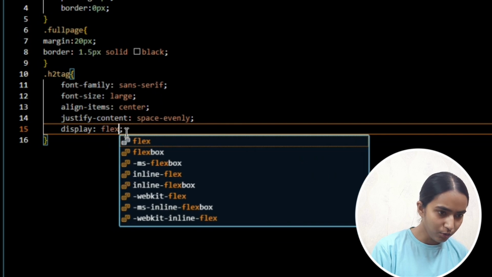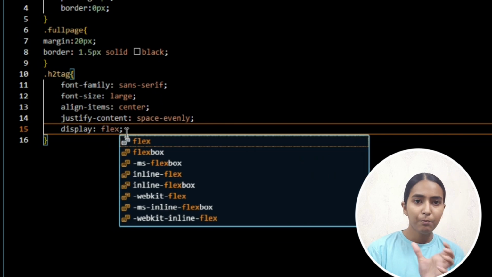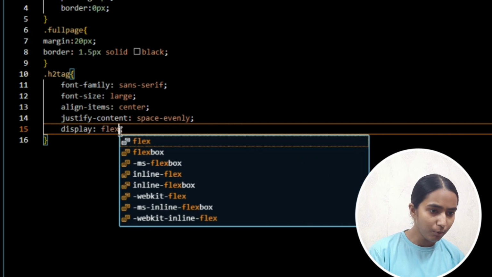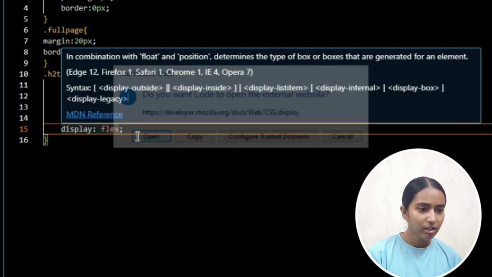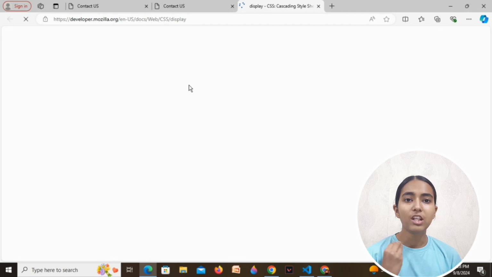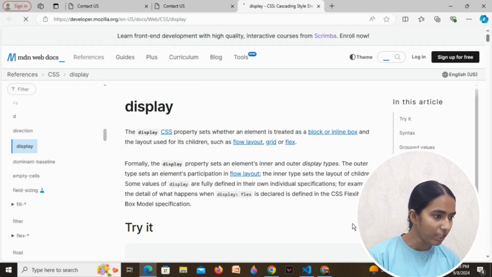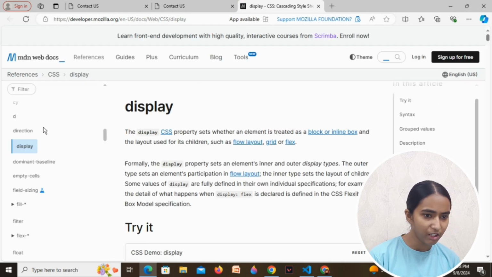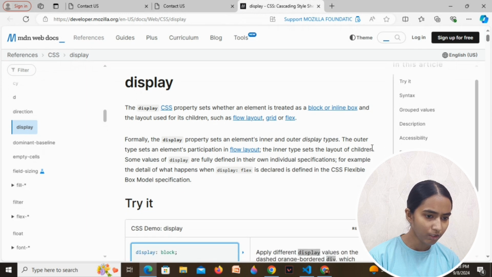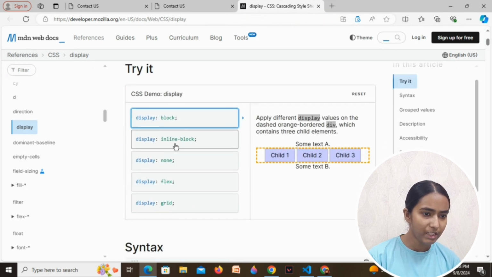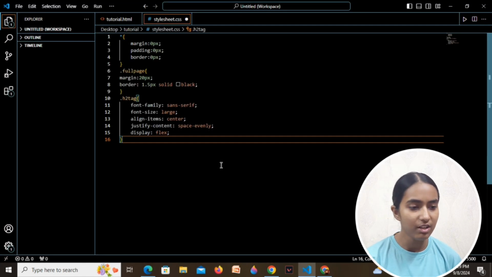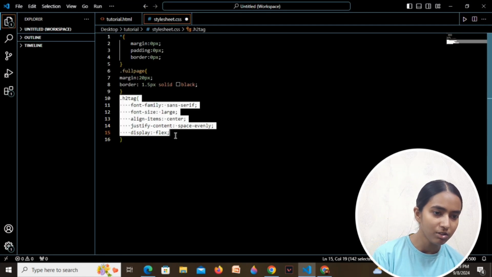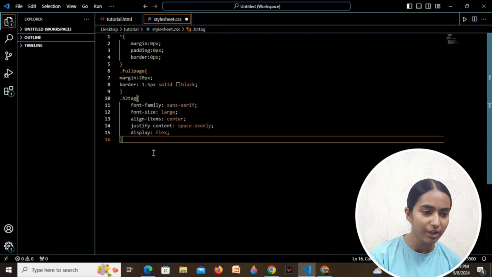What flex does is that it brings things to the center. You will learn it more if you go to MDN references. See, if you go like this, MDN reference, click on open, and you will understand the functioning of different things. Everything is written clearly on this website. What does display block mean, display inline block, then none, and all other things. As far as this video is concerned, I don't have enough time to share all those things, but maybe I'll cover it in the next parts of the video. But let's check this part now.